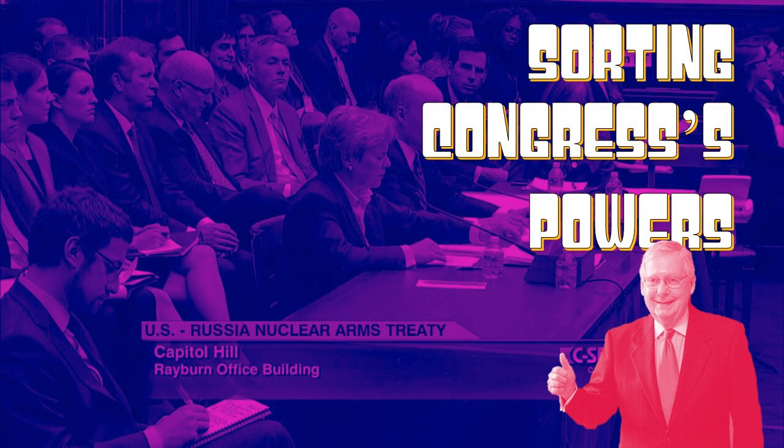We have gone through all of the different expressed powers that are written in the Constitution. And as I went through them, I went through them in the order in which they show up in the Constitution. It's kind of all over the place. So I'd talk about coining money, I'd talk about piracy, then I'd get to a navy and all this kind of stuff. So, one of the things we need to make sure we can do to keep this stuff straight in our heads is sort these into different categories. So, that's what we're going to do.